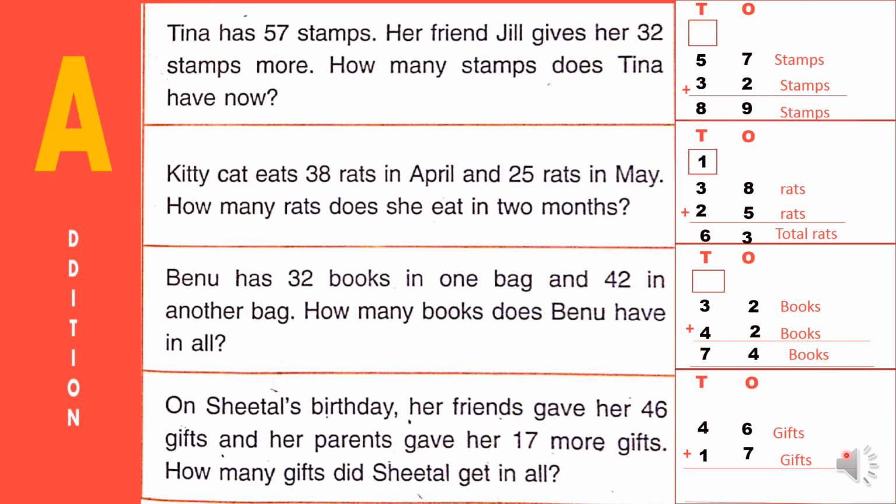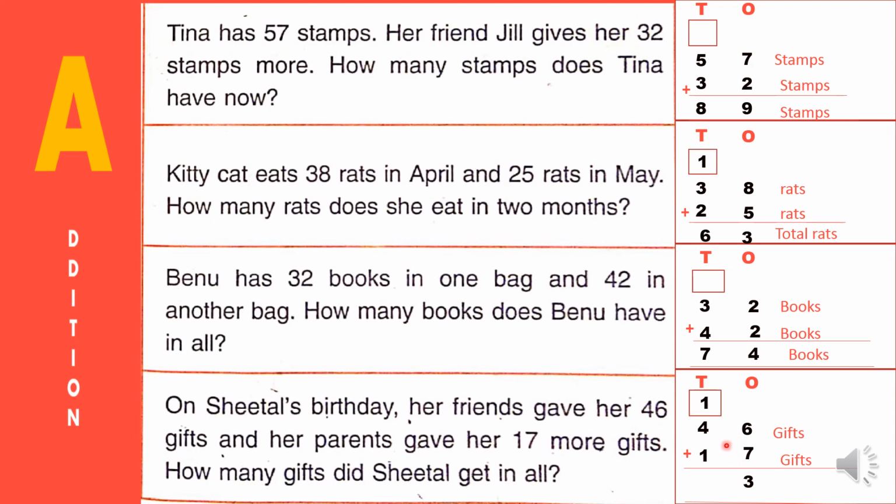Okay, so we have to add these two numbers. First we have to add the ones column first. Okay, 6, 7. Which number is the bigger number? 7. So you should keep 7 in your mind, 6 is in your hand. Now count. Open 6 fingers, children. 7 after 8, 9, 10, 11, 12, 13. So 13. In 13, how many tens are there? How many ones are there? 3 ones are there, 1 ten is there. So I'm writing 3 in the ones place, 1 in the tens place, in this box.